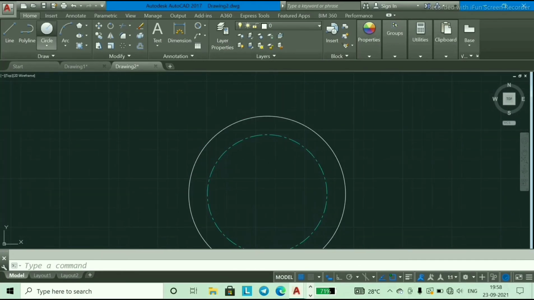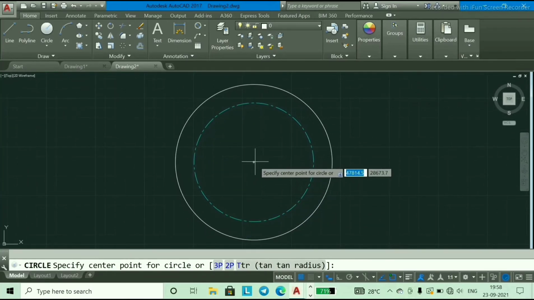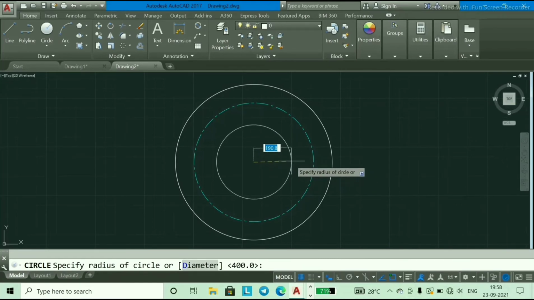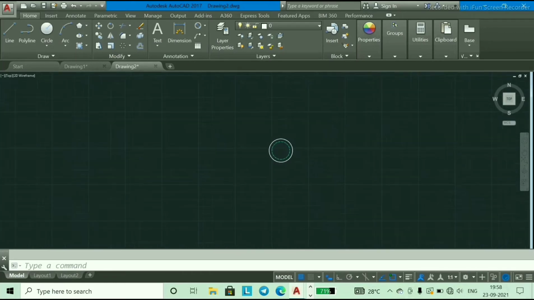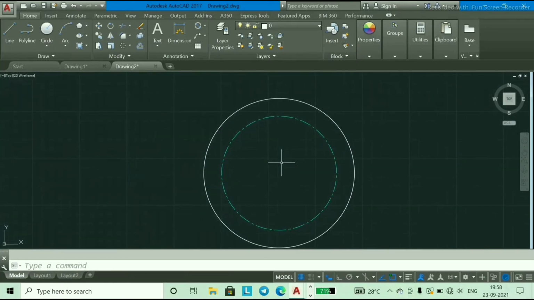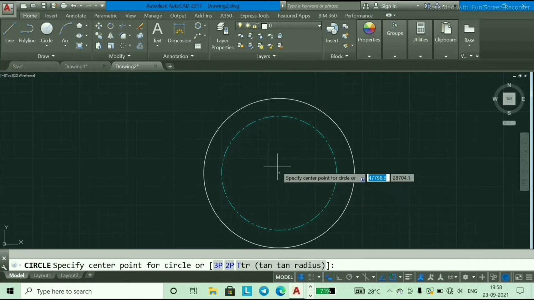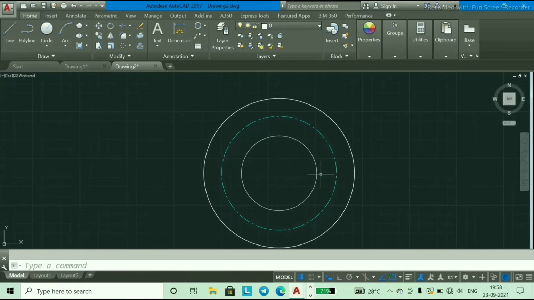Now again choose circle, select this center point and make 400 mm radius. No, it is not applied yet, so I will choose circle again, and this time I will make a 200 mm radius circle.